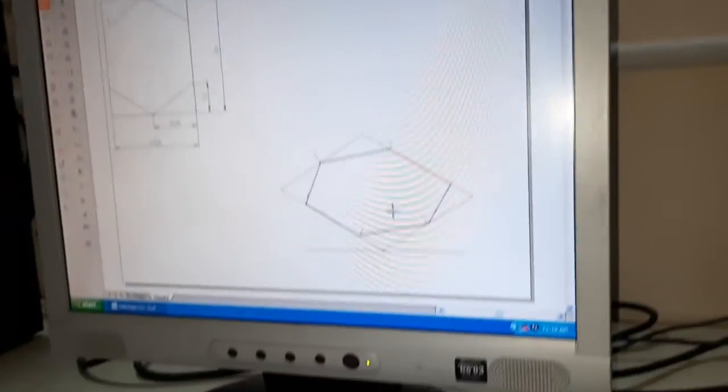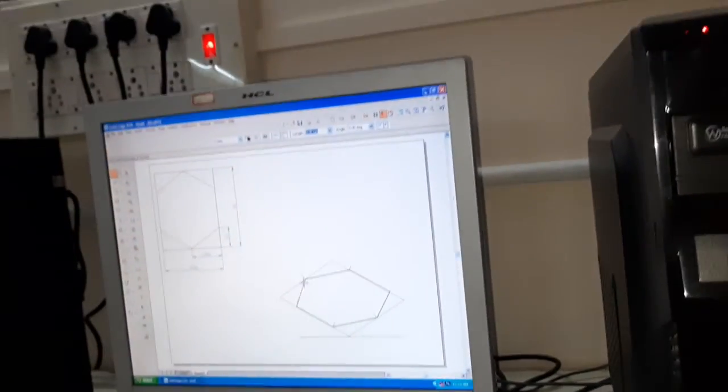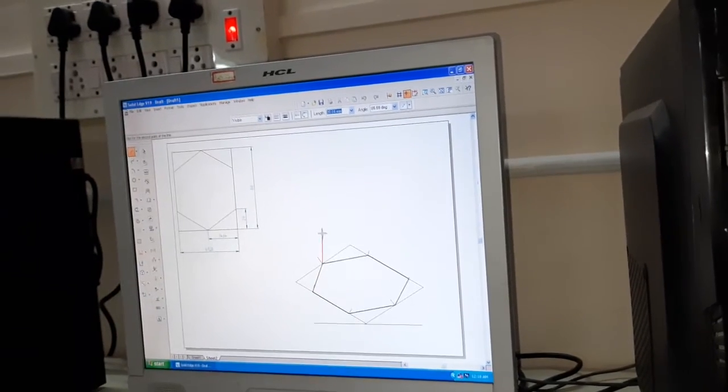The height of the hexagonal prism is 60 mm. Let us raise a height of 60 mm from all the 6 corners.